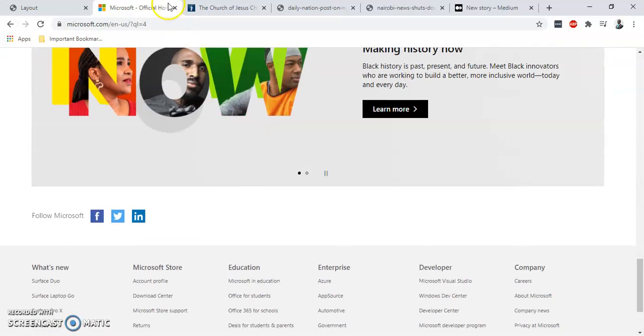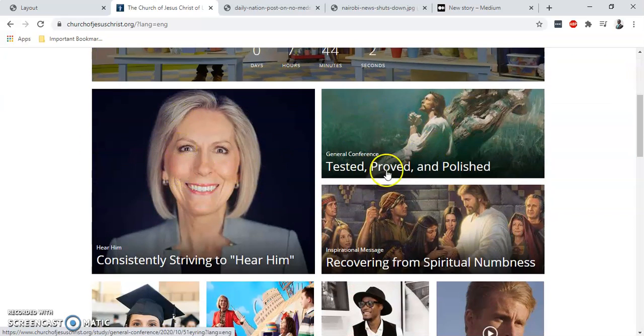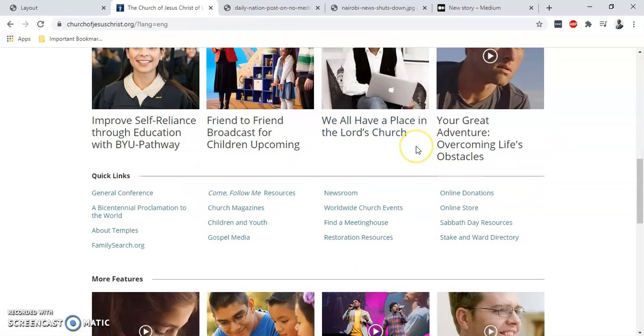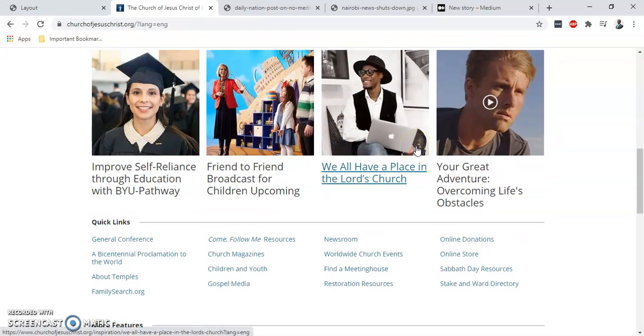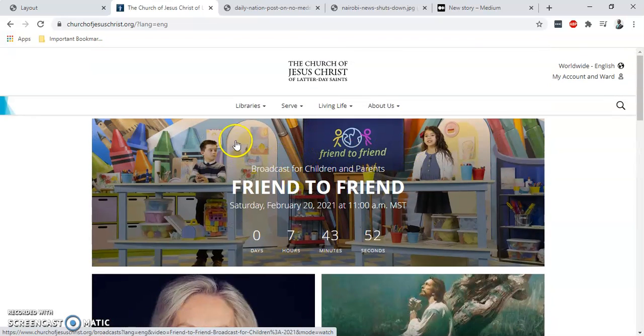And I have here another website. It belongs to a church. The church is called the Church of Jesus Christ of Latter-day Saints. They have their logo here, and then they have a place where you can change language. They have here the menu. Then you have an event which is in the form of a banner. Then you can see this and all this. So you realize that for you, probably the way your HTML content looks is that it starts from the top